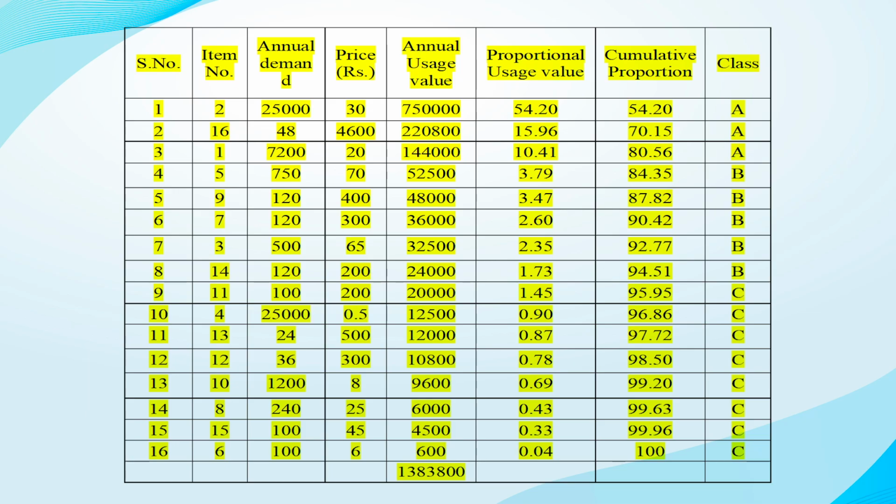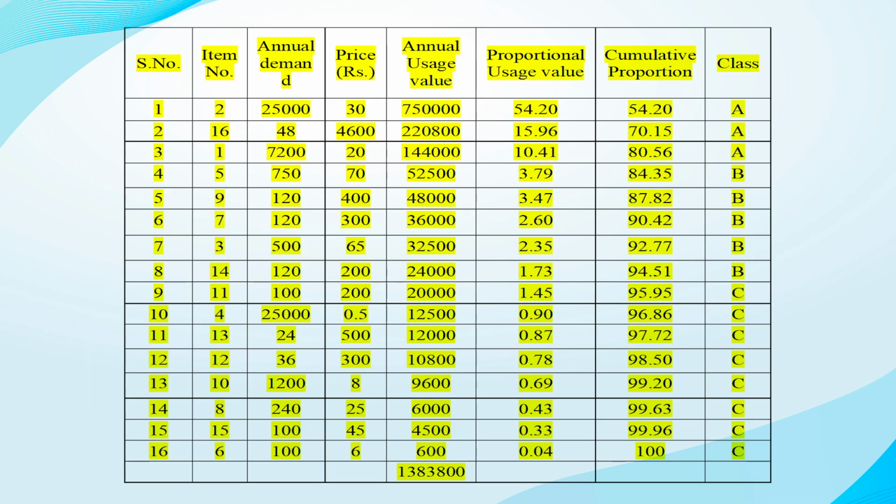For the A class item, this table will show what the importance of the A class item, B class item and C class item is, and how we monitor them, what impact they have, in priority order. So serial numbers 1 to 16 items are there. The items are 2, 16, 1, 5, 9, 7, 3, 14, 11, 4, 13, 12, 10, 8, 15 and 6. The annual